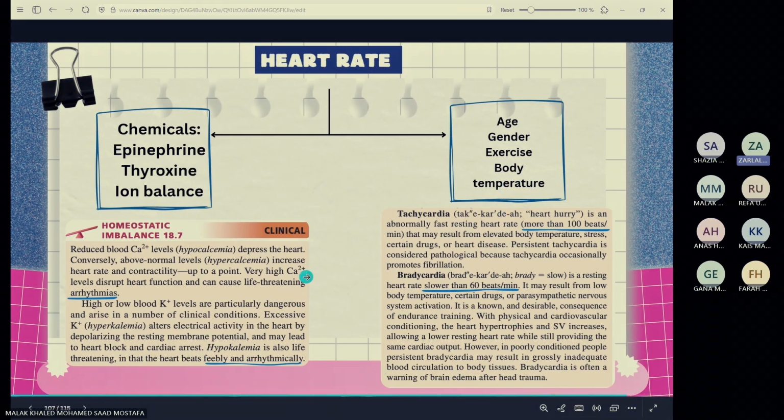So tachycardia, I explained it, is an abnormal heart rate, more than 100 beats per minute. And when it's persistent, when it just keeps happening, it can lead to fibrillation. And bradycardia is slower than 60 beats per minute. Okay, and it can happen due to a lot of things like low body temperature, even drugs. Okay, so yeah,